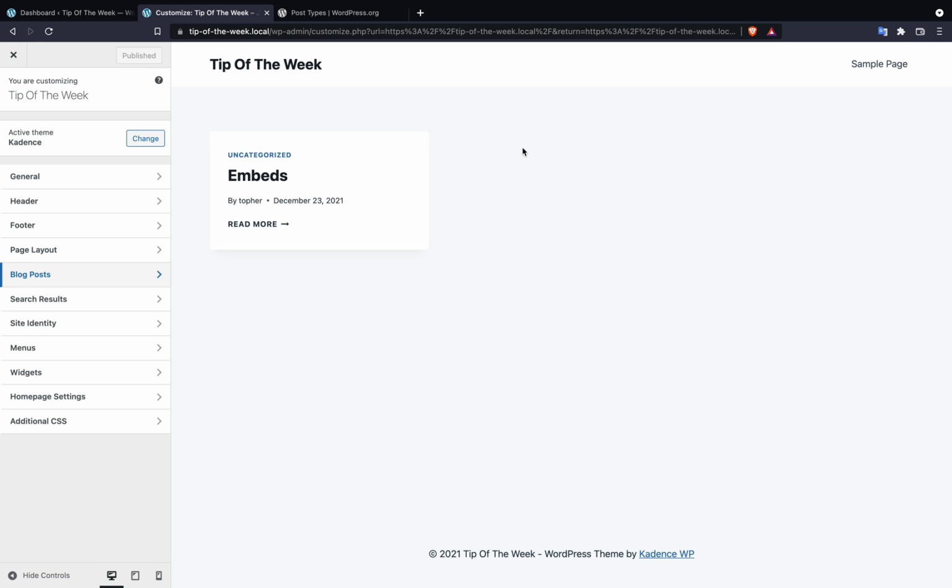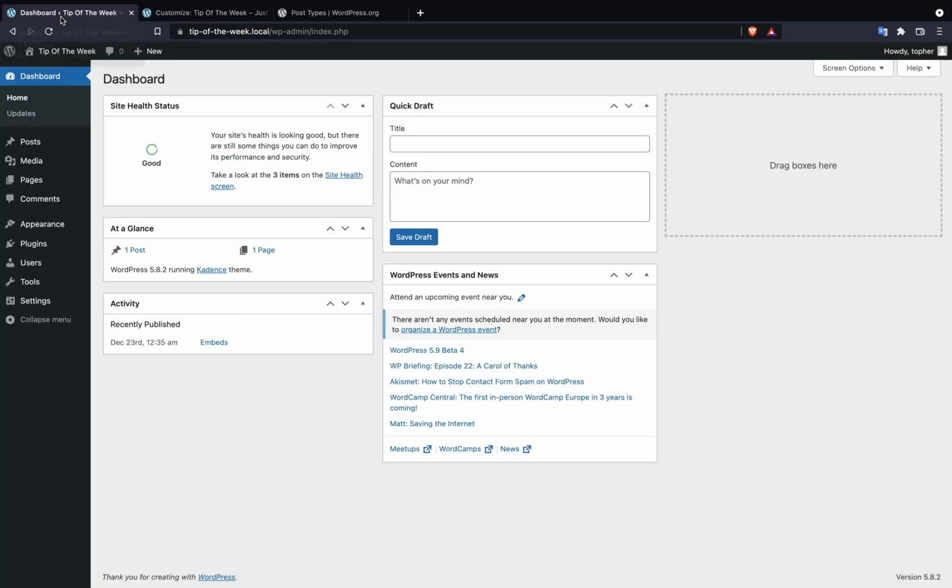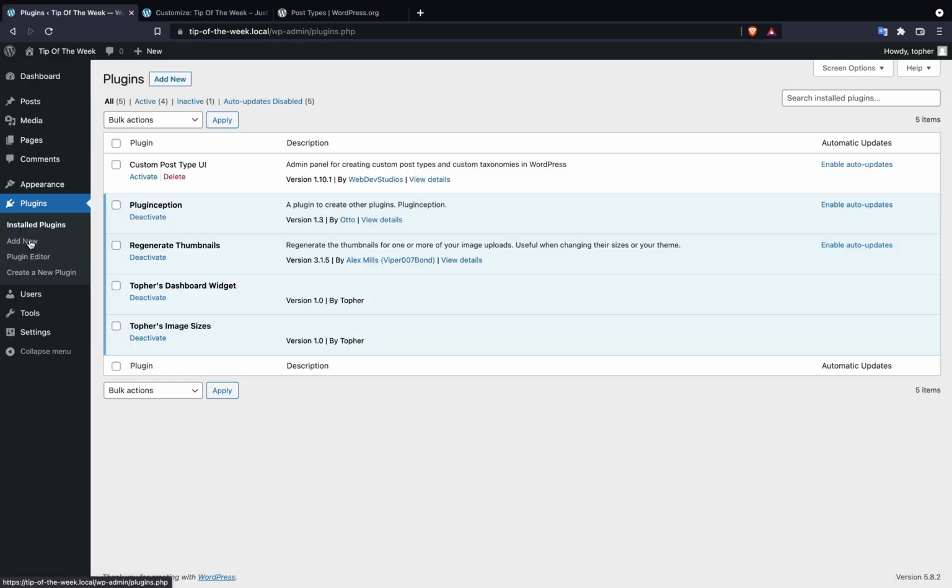Now, what I really want to draw your attention to is custom post types. You can create new ones and do anything you want with them. And sometimes people ask, what would you make? And the list is really endless. I'm going to quickly show you how to make one, and you'll see what you can do with it.